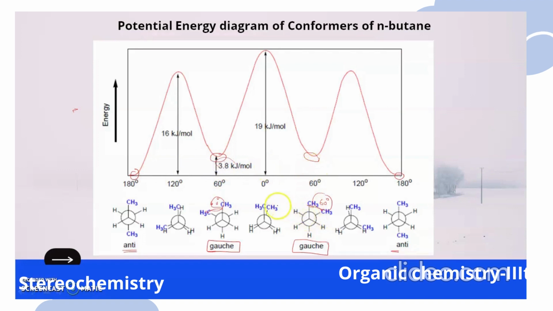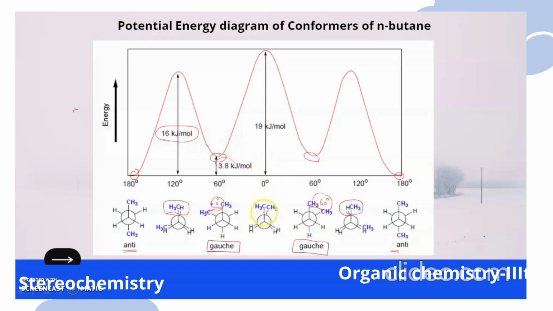And after that, if we compare the order of stability, the next stable structures are the partially eclipsed structures, where your methyl and hydrogen are closely eclipsed to each other. Because of the electron crowding, its energy levels are higher, and they are comparatively less stable than your anti or gauche conformers. Its energy levels are observed to be around 16 kilojoules per mole. So here and here, in this structure, we have the crowding of methyl group with hydrogen, which are said to be partially eclipsed conformers, whose energy levels are comparatively high, around 16 kilojoules per mole.